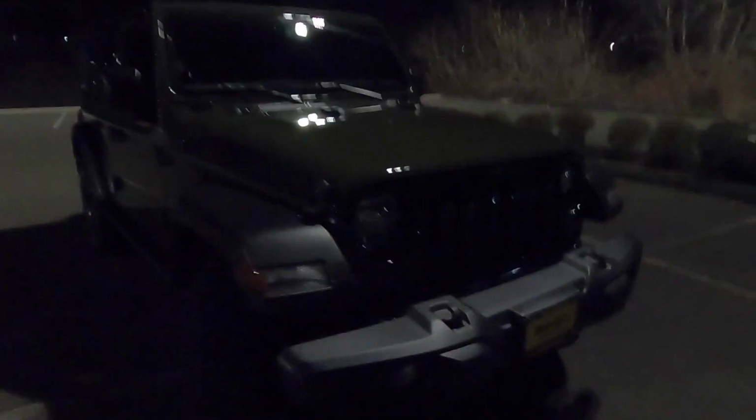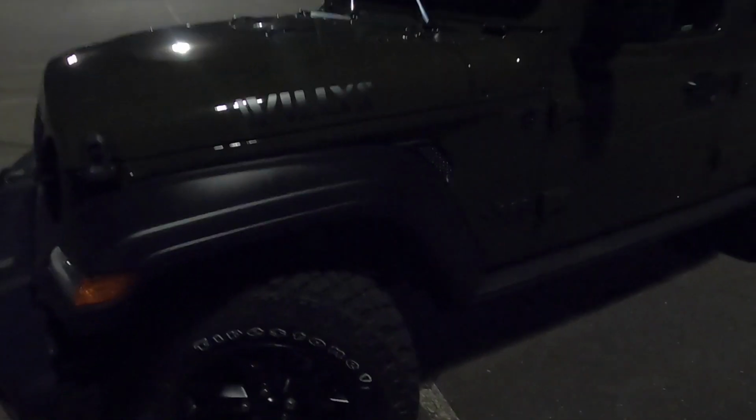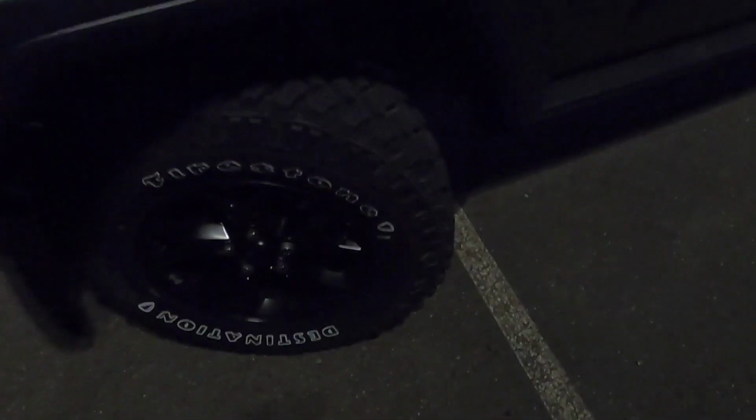So here it is. This is what I traded the Renegade in for. It's a 2021 Wrangler with the Eco Diesel, and it is the Willys package. It's kind of like an off-road package, and this is the sport trim, which is the basic level of the Wrangler, but the Willys adds some neat features,